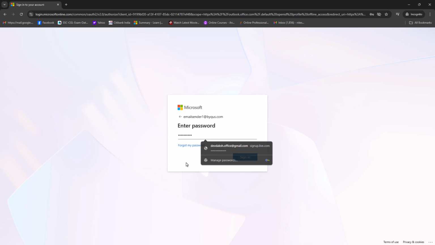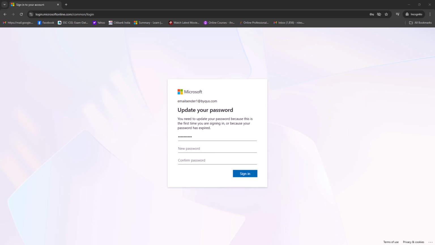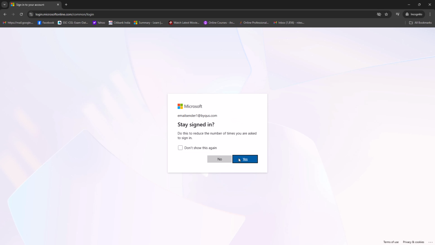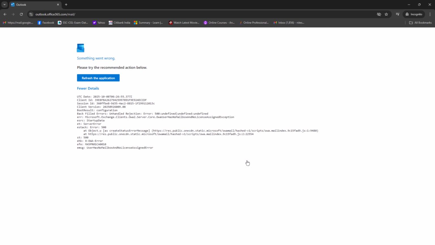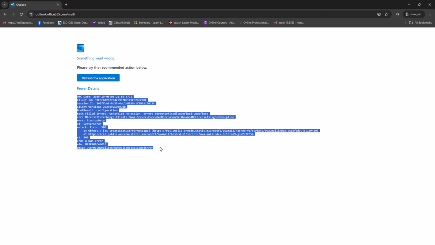sign in, and current password is this, and new password I'm setting up, new password, confirm password, sign in, and it says stay signed in, and click on yes. It takes you to the Office 365 portal. Now here you can see we have not assigned the license, that is why the error, but it went in.